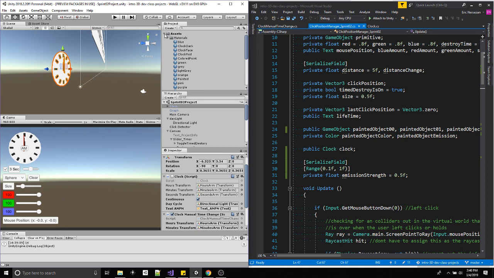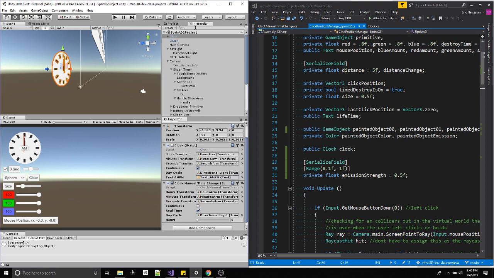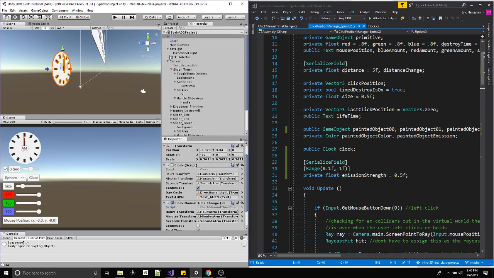So I am going to shrink up. I'm going to just pull my hierarchy up here. I don't need my project view for right now. So in the hierarchy, if I open up the canvas, I'm going to shrink up all these. This is what it should look something like this. We have the red, green, and blue sliders. So if I open up the green,